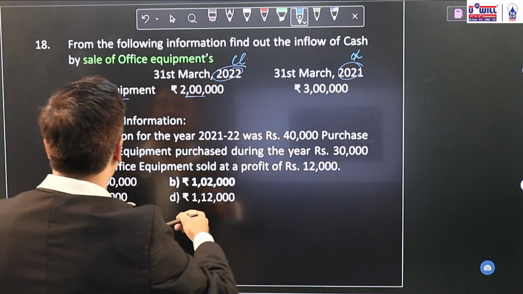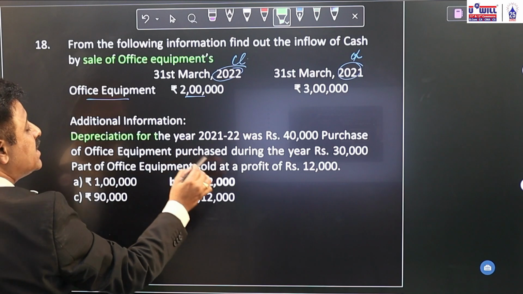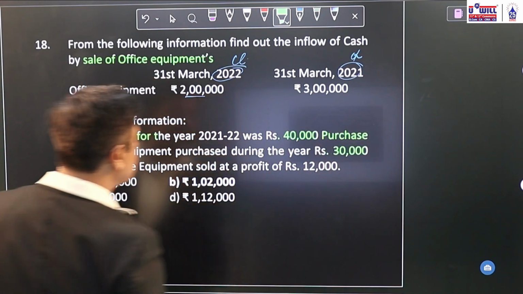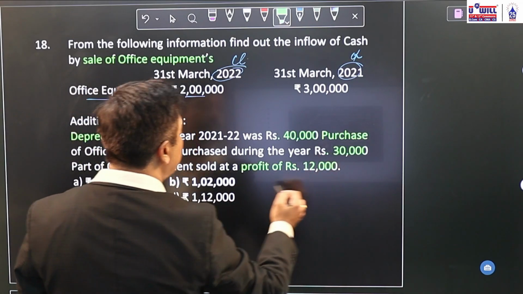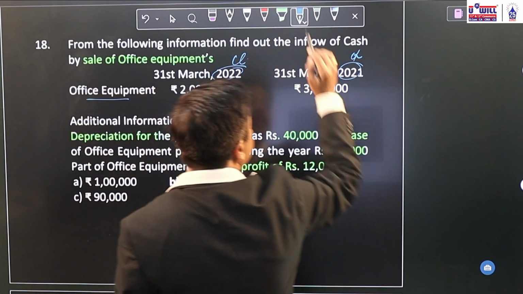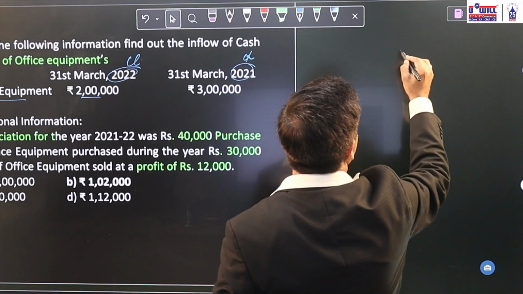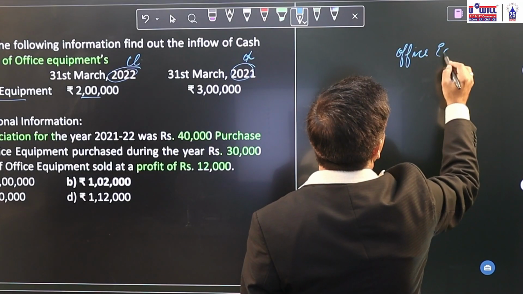And in additional information, we are given the depreciation, which comes on the credit side in the ledger account, 40,000. Purchase of equipments 30,000 comes on the debit side. And profit on sale of equipment 12,000. Part of equipment is sold for 12,000. So that also comes on debit side. If you make a rough ledger account of office equipments, you'll find